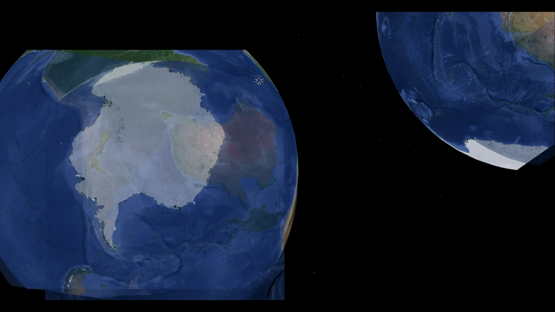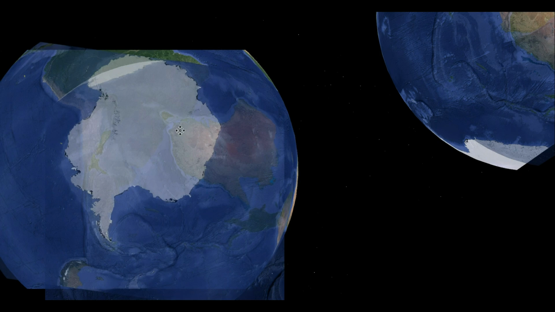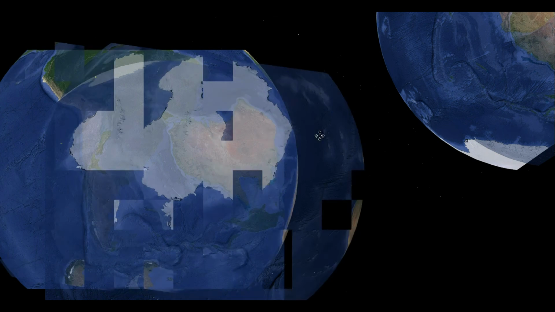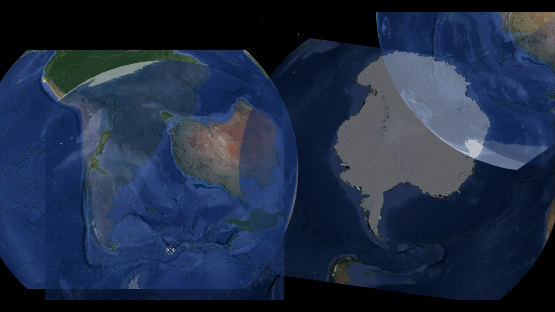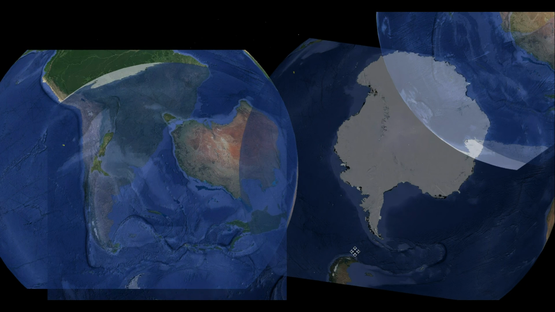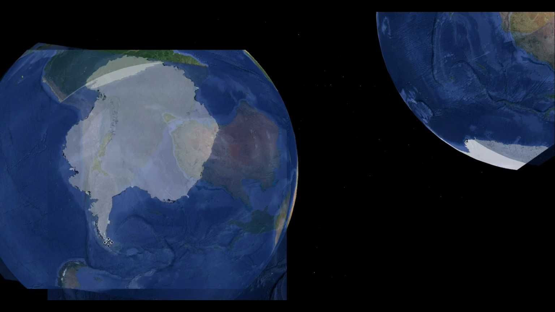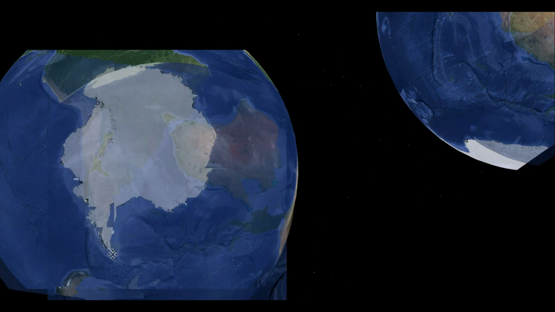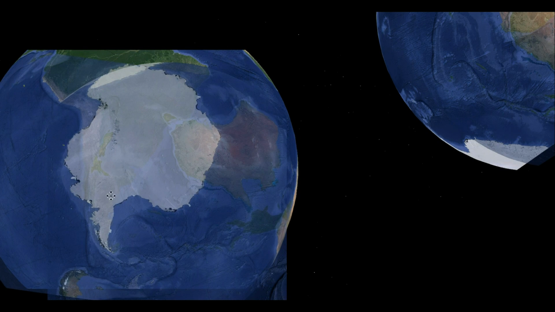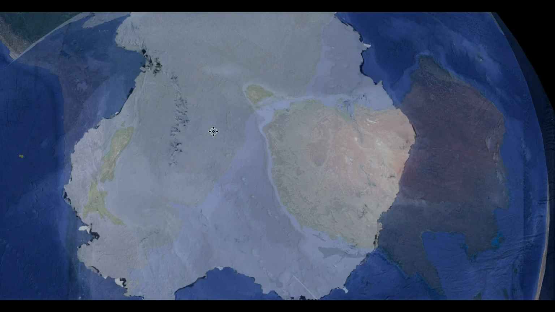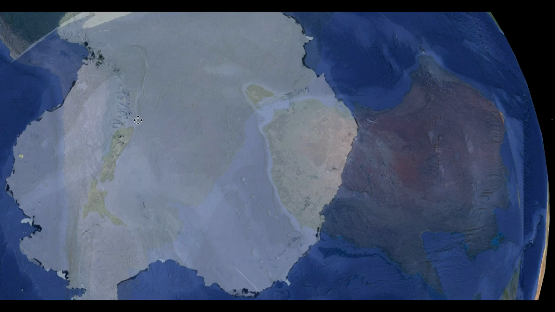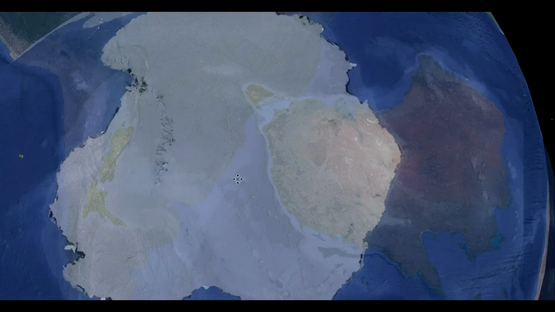What are the odds that I could magically line these three areas up like this? Because you know, in plate tectonics, this is a subduction zone, and this is a subduction zone. So what's this doing here in between them? With Antarctica fitting in, look at the mountains right here too. Italy's mountains,